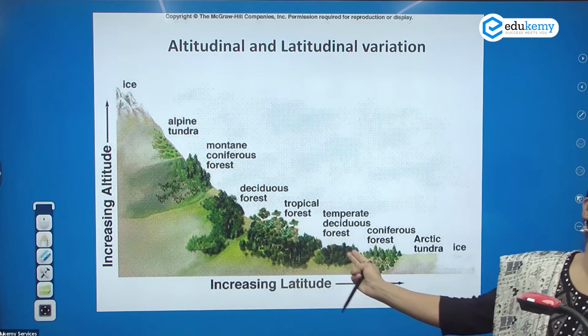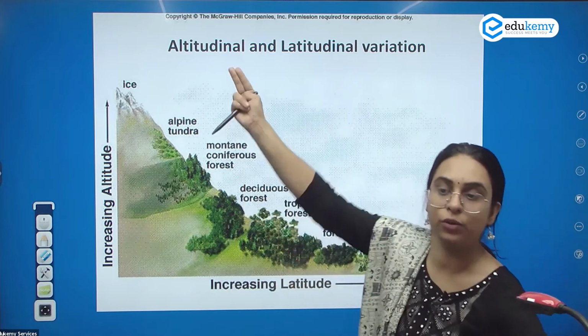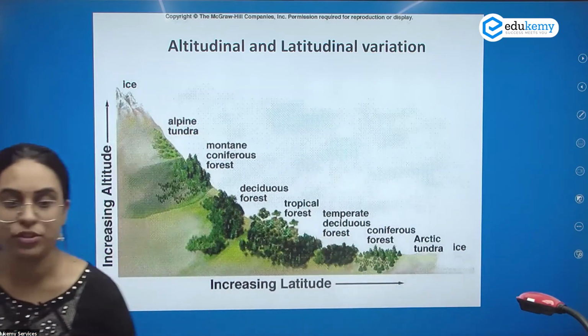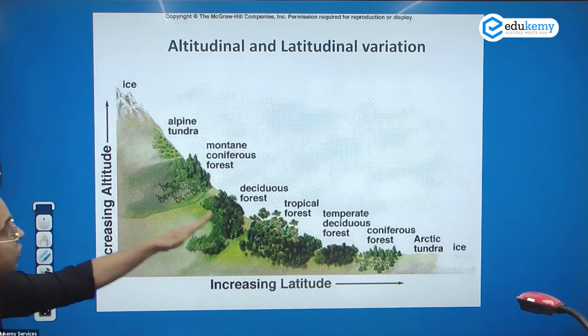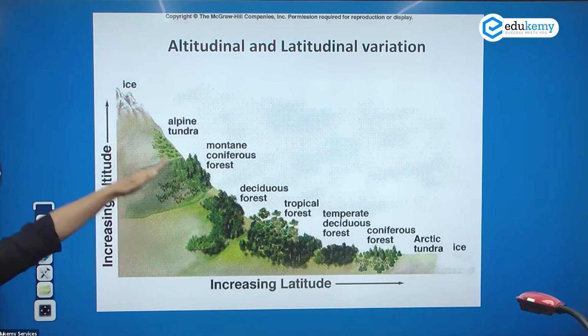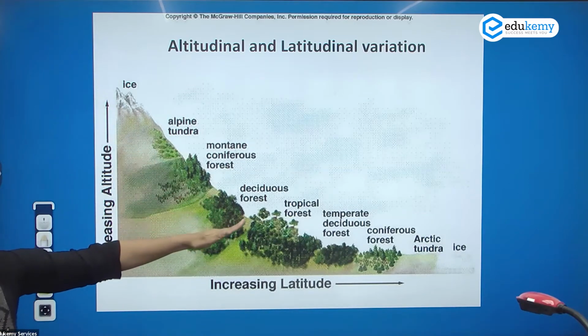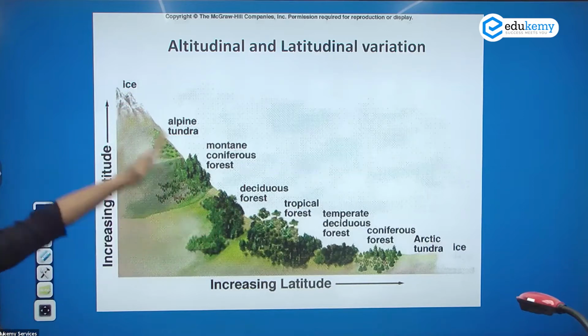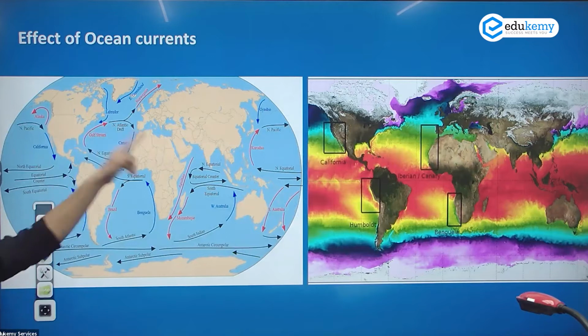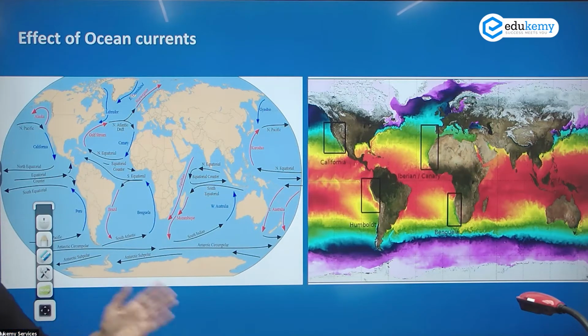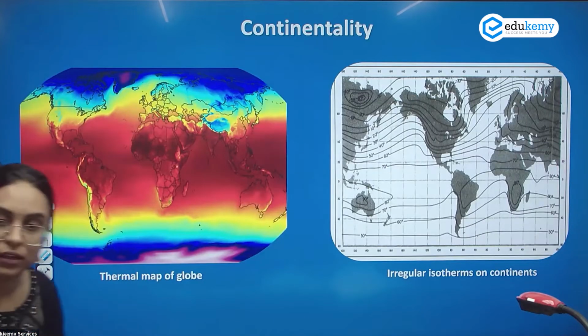tropical forest. But as you move higher in altitude, the temperature reduces. As the temperature reduces, you can see the change in the vegetation. Because the temperature is changing, vegetation will also change. There would be pressure variation there also. If you look at the ocean currents, they influence the temperature and the pressure variations. So there are so many factors.